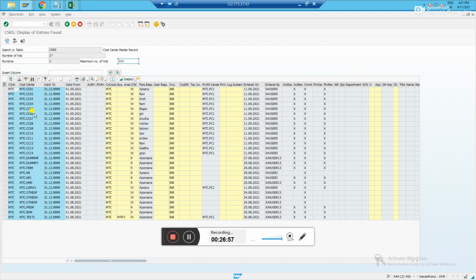You see, these are the cost centers we have created. Everything was created by the system automatically. These are the cost centers I just created with LSMW. The system created them by default, and we can see them in table CSKS. This is very simple. This is the way you have to create a particular project in LSMW. Yeah, thank you.